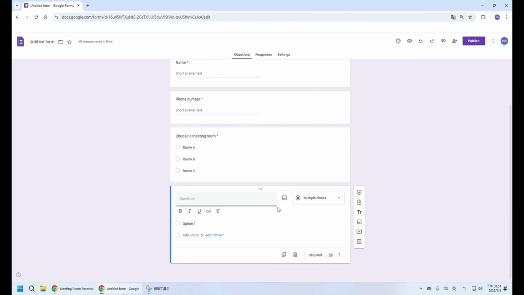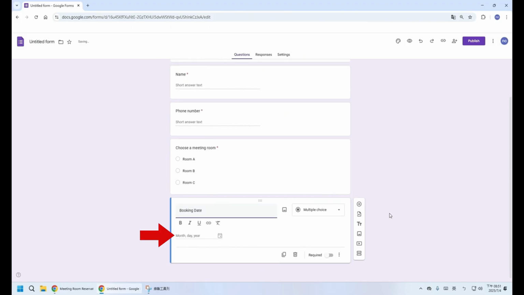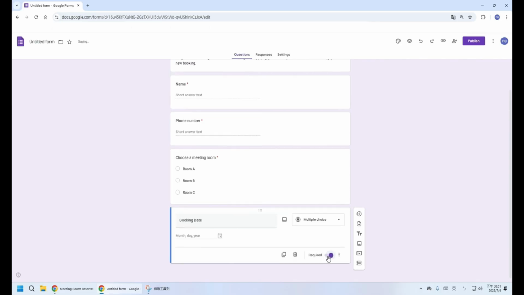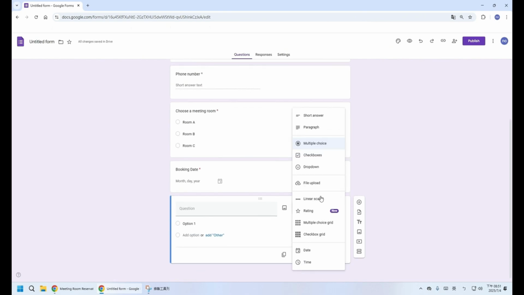Okay, and then it's a date to be reserved. The system will determine that this is a date survey and help us to set it up. This is also set as a required answer. So the point of this form is here. To make a booking time, be sure to select the checkbox grid. I'll tell you later why you can't set up a multiple choice question. Not checkboxes. It is also not multiple choice grid. It has to be checkbox grid.